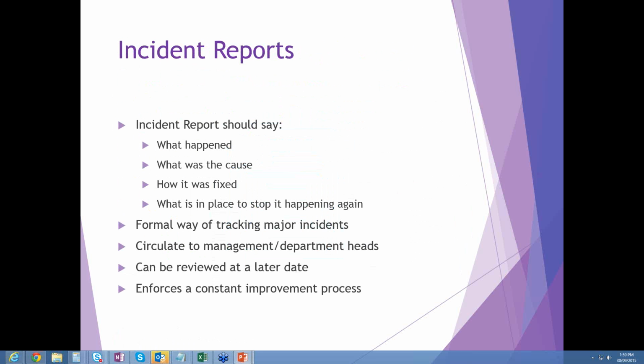It's also a formal way of tracking major incidents. It's extremely useful to be able to pass this type of information or circulate it to management or department heads. Sometimes it will be 6 months later, and having the ability to go back into your incident reports and pull up a report from 6 months ago where you remember you had a server outage but you can't remember why, that's going to be quite useful, and it can be reviewed at a later date. So there is a significant amount of value in ensuring that you're collecting that sort of information from your IT